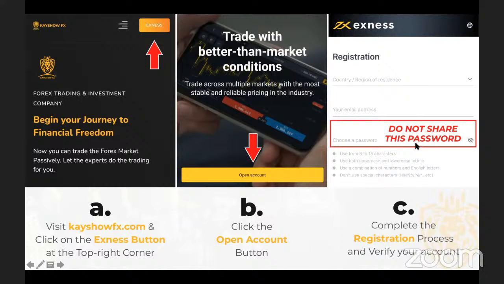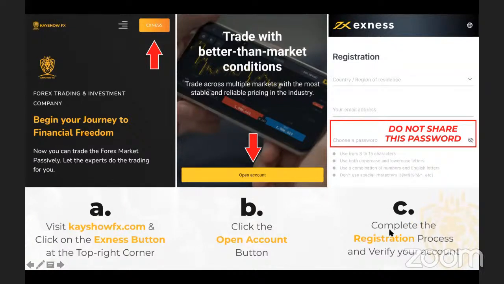All right. And I'm mentioning this now because there's another account that you're going to create called an MT4 account. And in that MT4 account, you're also going to enter a password there. And the password you're going to enter in that one, that is the one that you will share with us, not this one. All right. So that's what I'm emphasizing. Do not share this particular password here.